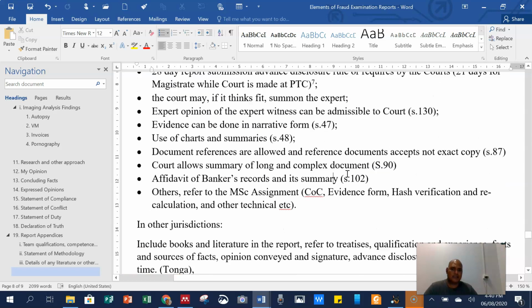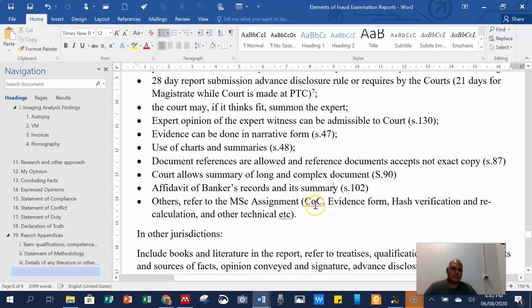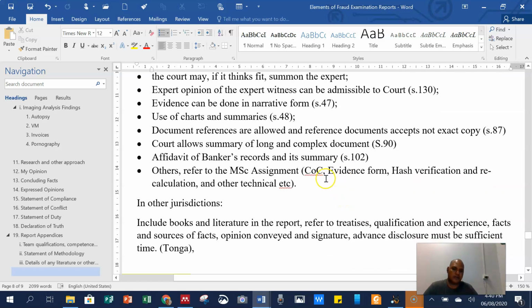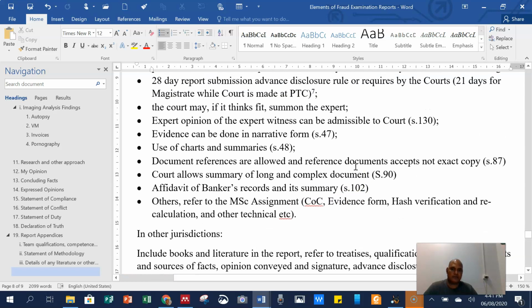Other things that are required under Section 33 is COC. COC is the chain of custody. Chain of custody is the information that has been gathered along with the evidence collection and the evidence form, as well as the hash verification, especially with digital forensics, hash verification, as well as recalculation and other technical issues. So these are technical matters or evidence that need to be properly documented to support this